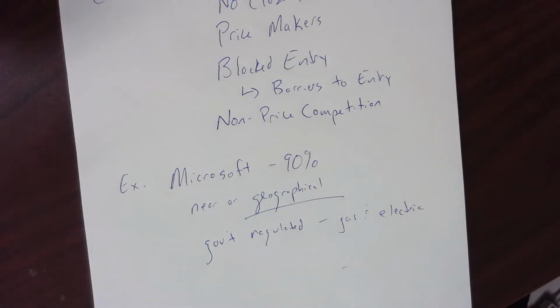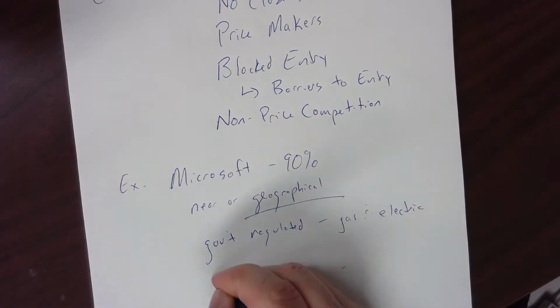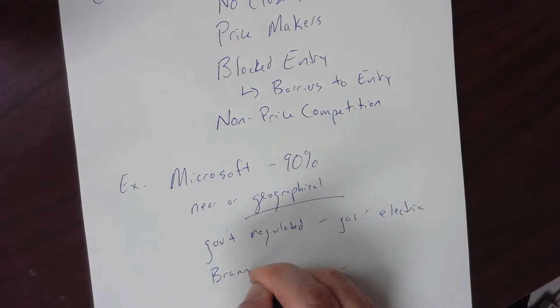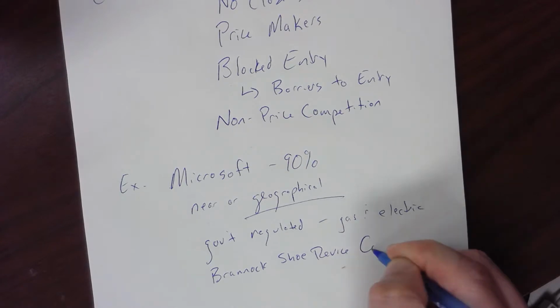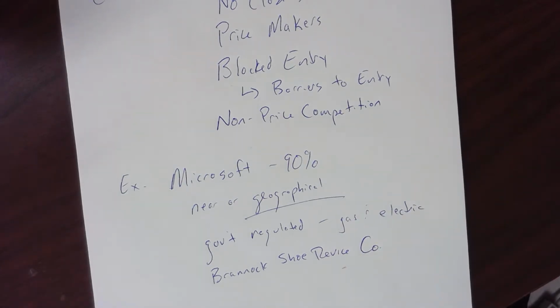And sometimes we have to talk about a device that people use, and I bet you have used this, but not very many people need it because it's a very specialty item. This is a device created by the company called the Brannock Shoe Device Company. For those of you who don't know what they make, if you've ever gone to a shoe store and you've seen those metal foot measuring devices, they own 80% of all shoe measuring devices, which is kind of cool.